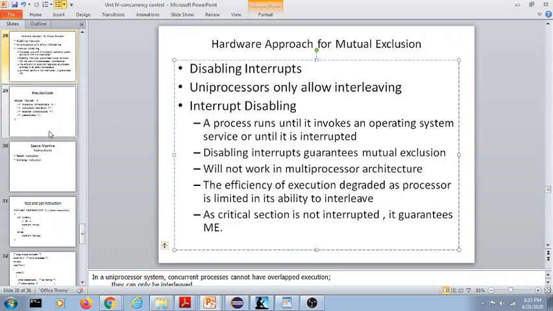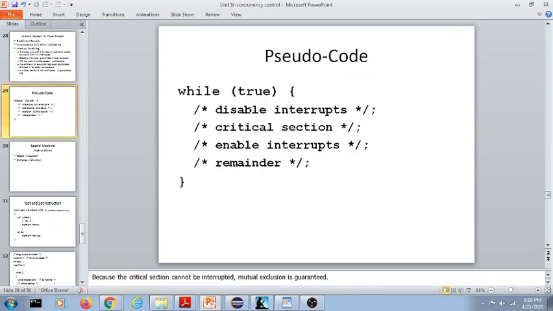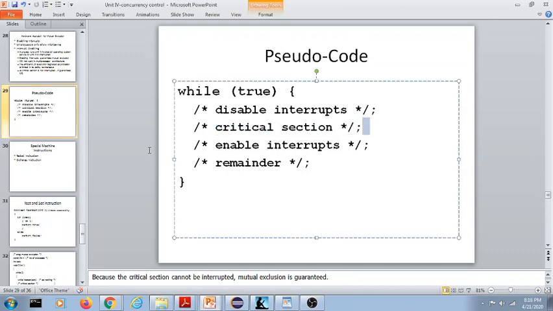It's very simple to understand what the critical section of the code is. The critical section of the code is simply the part where the process gains control of the common resource, and if it is serving that common resource, it is said to have entered the critical section. Whenever the critical section arrives, at that time all the interrupts are disabled, so that particular process can work with that common resource and no other process will interrupt it. So the critical section of the code is simply the section of the code which is working on a common resource.